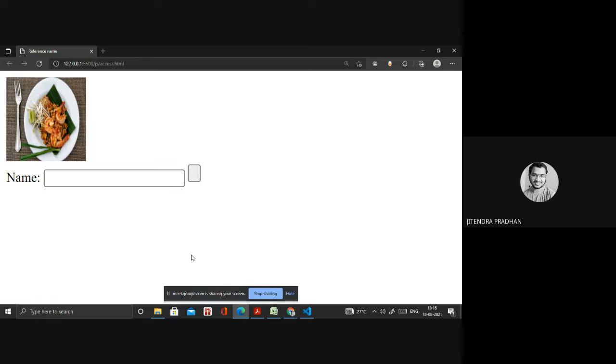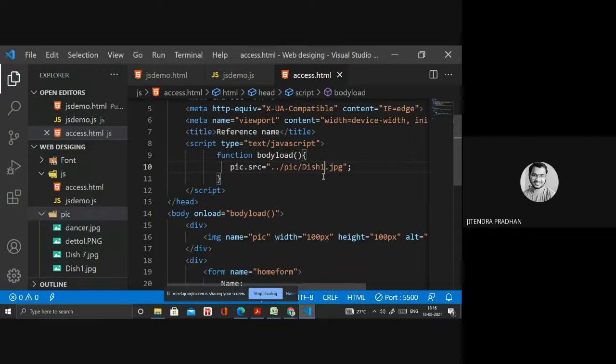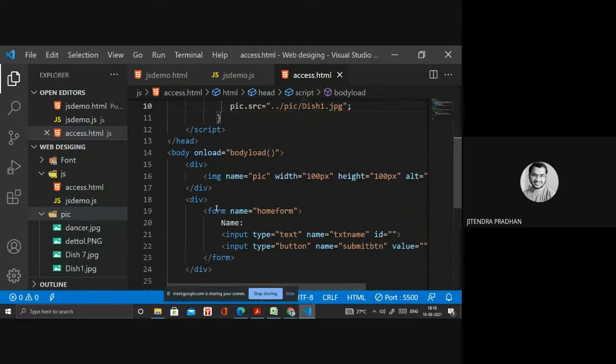So by using a reference name we can access the particular element. Inside that, by using the reference name we can give any picture you want. This is a child, and we have a parent element with the child inside it. That's why we access by using the reference name. In that form, this is the parent element and input is the child element. Okay, have you observed that one?